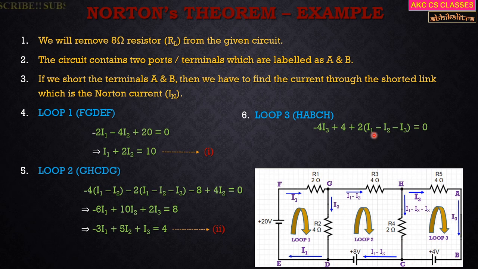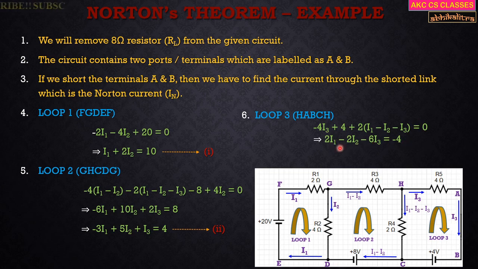So I try to solve the equation. Over here, 2 times I1 minus 2 times I2, and over here minus 2 times I3. So there is already a term with I3, minus 4i3, and this gives you minus 2i3. So it will be minus 6i3, and this 4 can be taken to the RHS, where it becomes minus 4. So the result becomes 2i1 minus 2i2 minus 6i3 equal to minus 4.